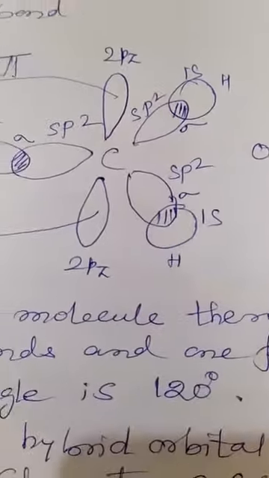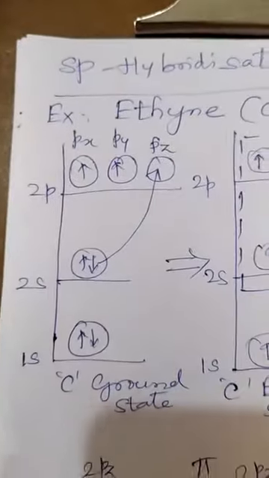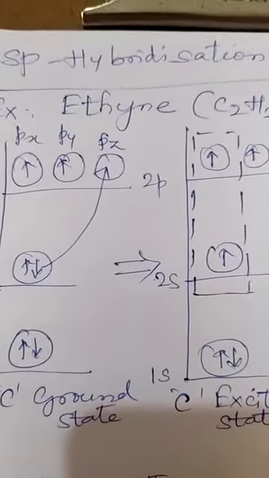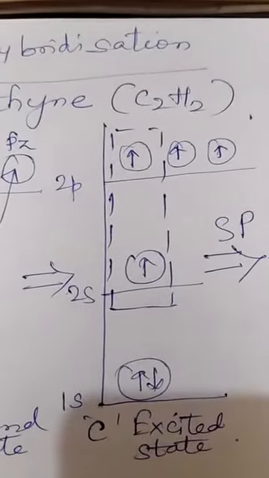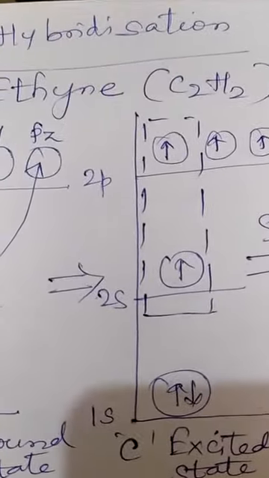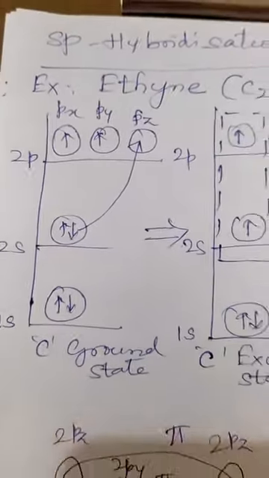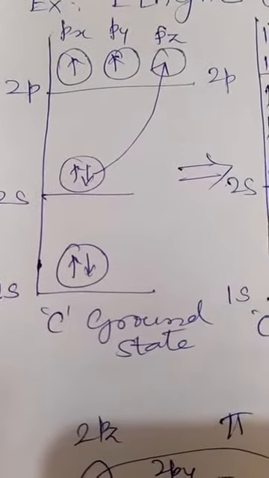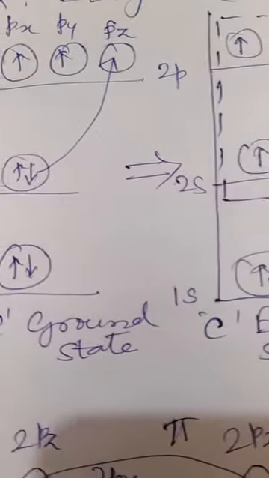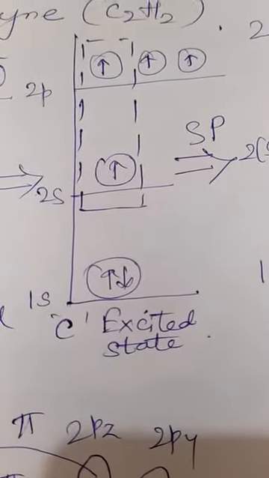Now the third type of hybridization is sp hybridization. To explain sp hybridization, the example considered is that of the ethyne molecule, C2H2. So the ground state and excited state electronic configurations remain the same. Just look at the energy level diagram here. There is a vacant 2pz orbital in the ground state, and in the excited state, an electron from 2s jumps to the empty